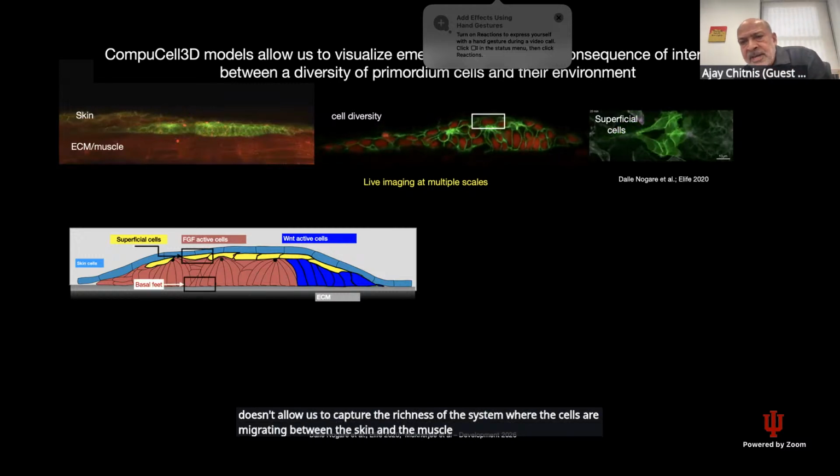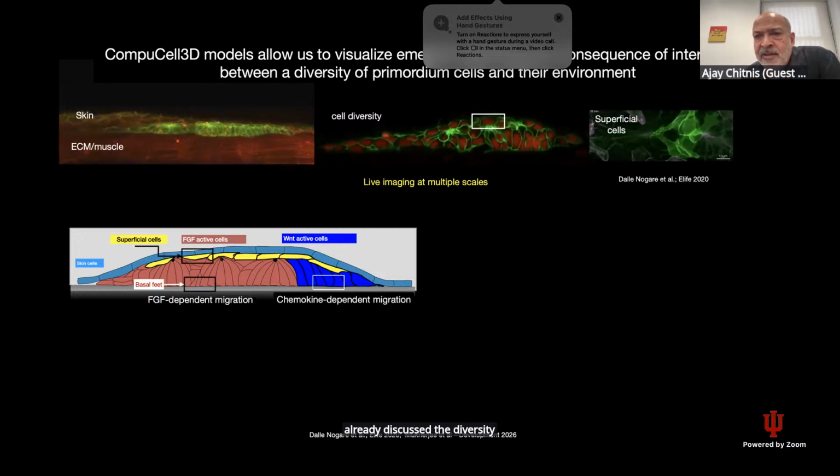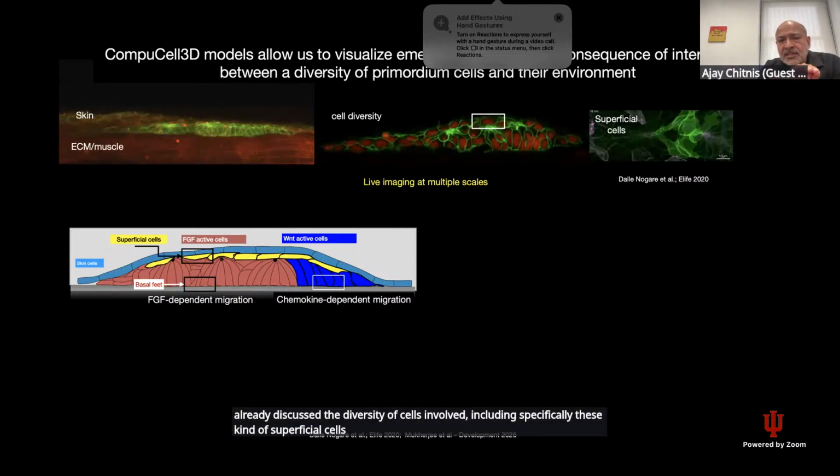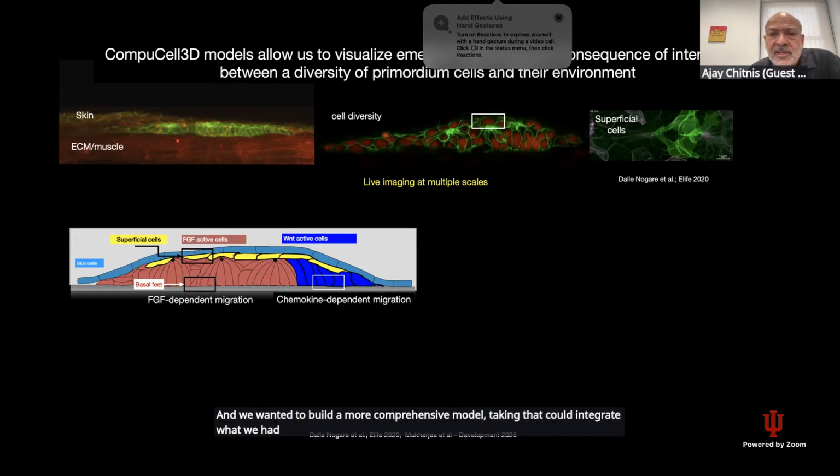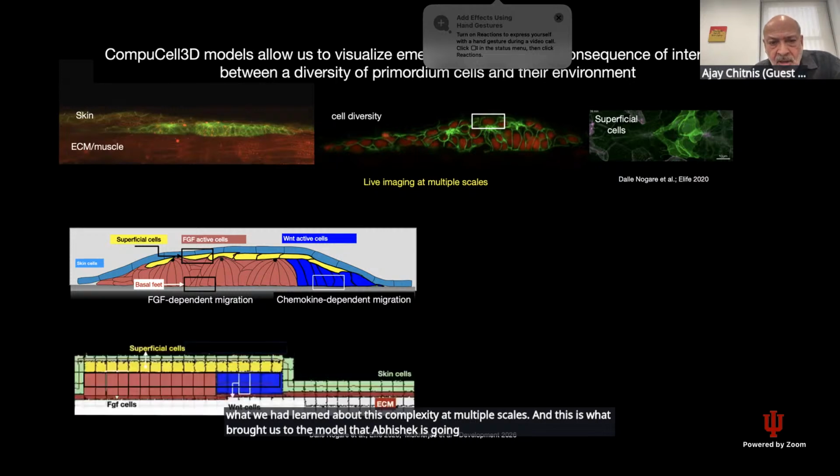We've already discussed the diversity of cells involved, including specifically these superficial cells, which allow the system to migrate sandwiched like a slug between the skin and the underlying somites and extracellular matrix. And we wanted to build a more comprehensive model that could integrate what we had learned about this complexity at multiple scales. And this is what brought us to the model that Abhishek is going to describe to you,